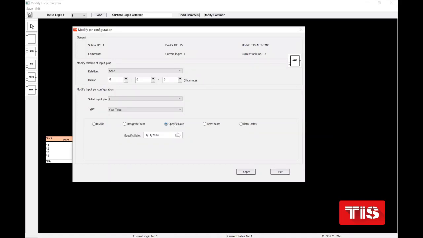Or we can choose specific dates. For example, year 2020, for example, month 3, and here, for example, day 3. I can choose one specific date. And actually we can choose between years. For example, from 2020 to 2021,